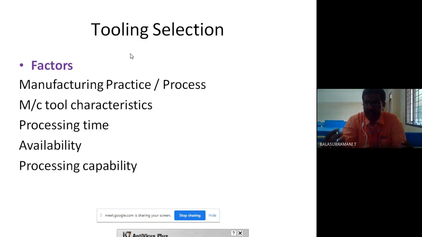Availability: which type of tool is available in our hand. Processing capability: what type of process the tool is capable of. Sometimes certain tools, grinding tools, are easily worn. Some grinding tools or some turning tools, the tool tip may also be damaged. If you machine for 3 hours continuously on a turning operation, the turning tool tip may be damaged.